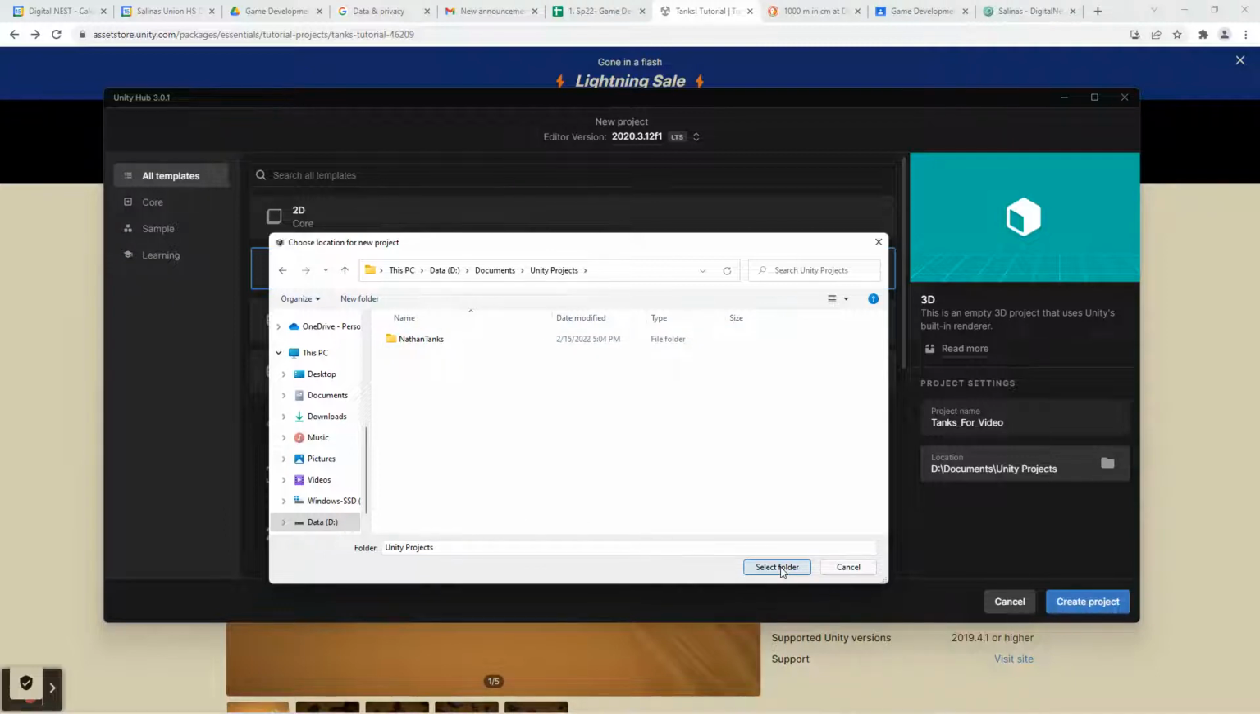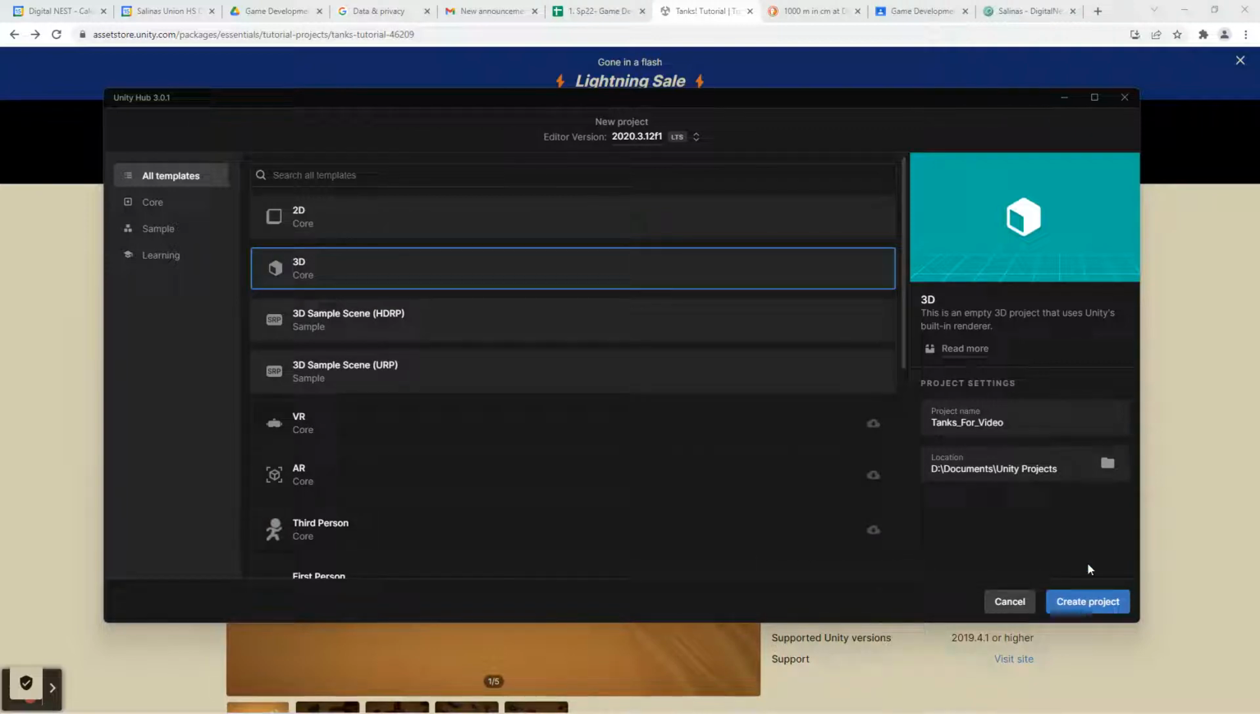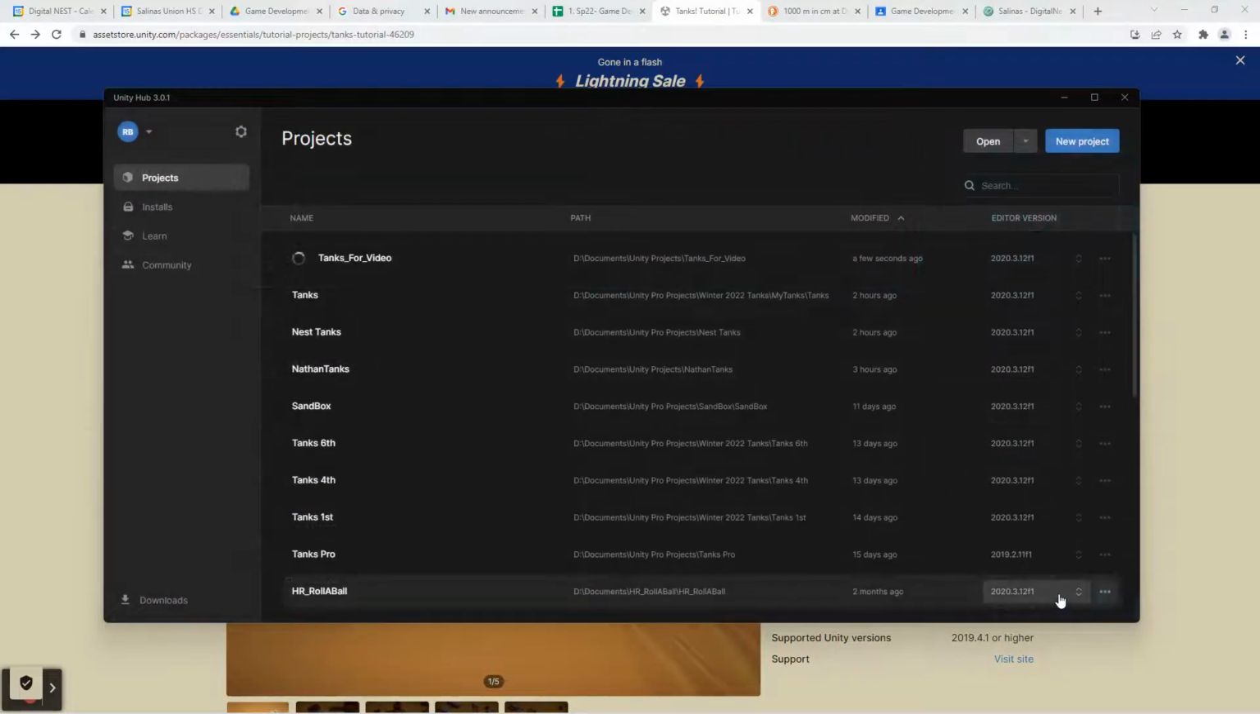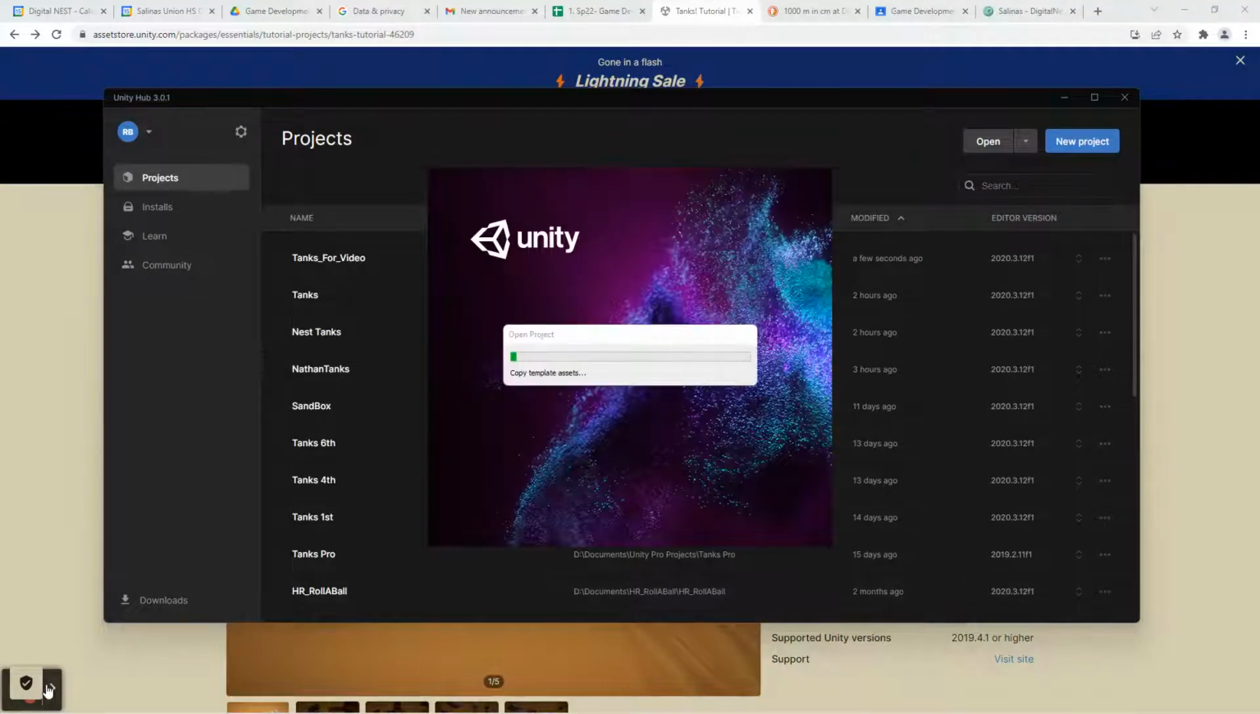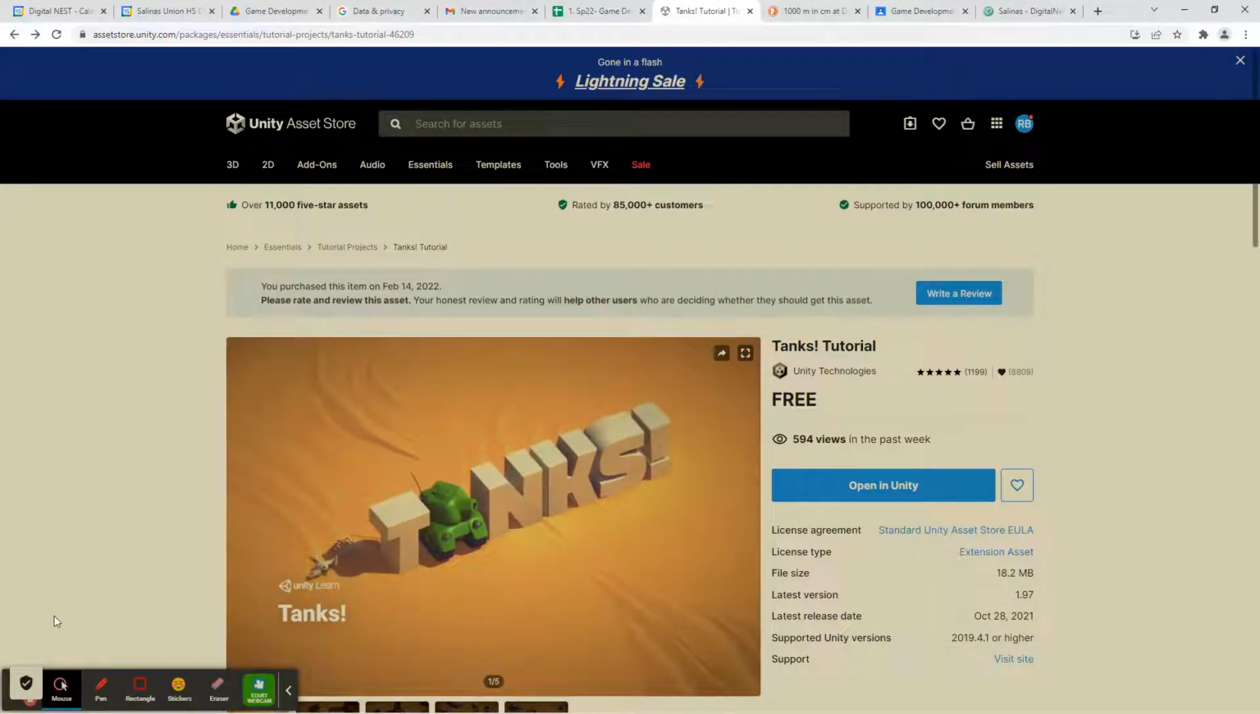Unity Projects here, I'm going to select this folder, and I got everything set up. It's 3D. I gave it a name. I set its location. I'm going to click Create Project. Now is a waiting game. In fact, while I wait, I'm going to,